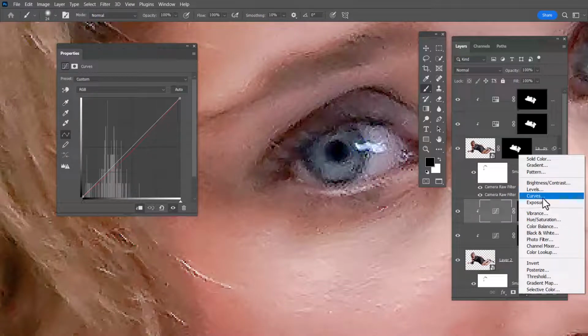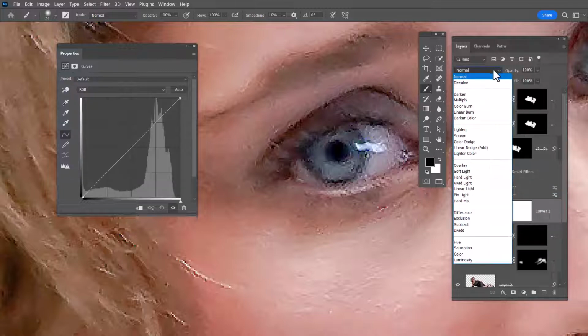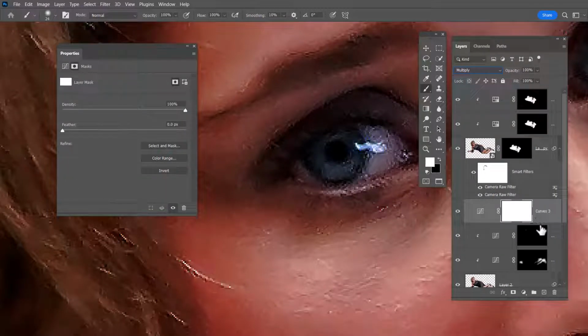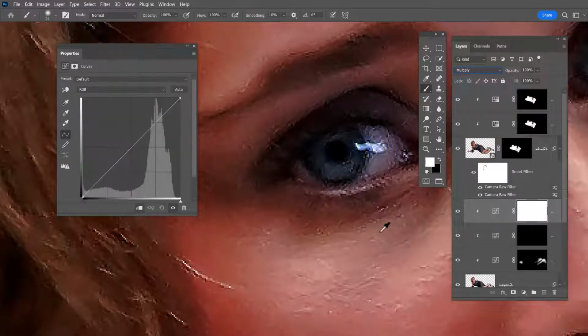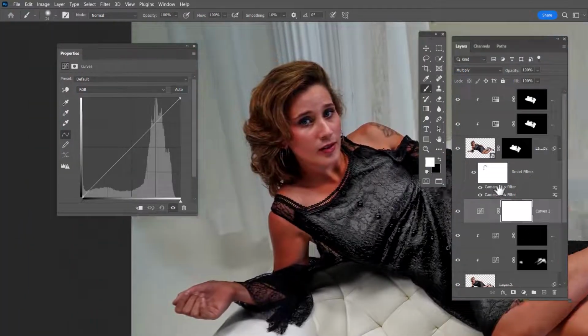Curves, but this time take the curves and give it a layer blend mode of multiply. That darkens it automatically. We don't have to do anything. Make it a clipping path to her person, right? So you can see what I'm doing here. Let me unclip it. And if you pull it down, you can see how the adjustment is affecting everything, background